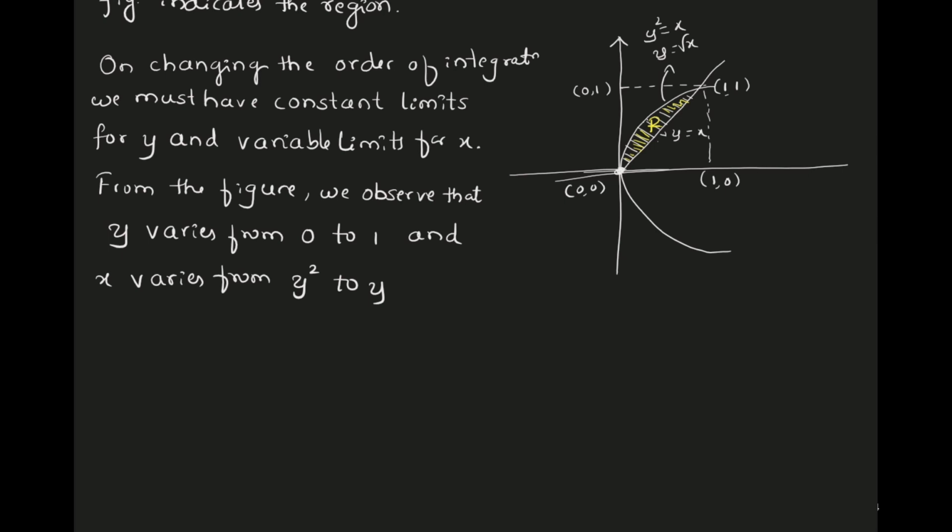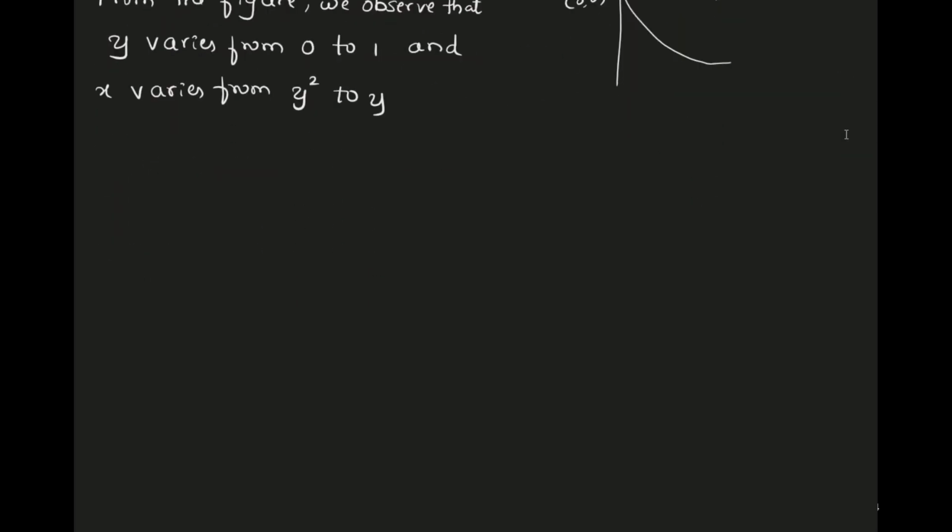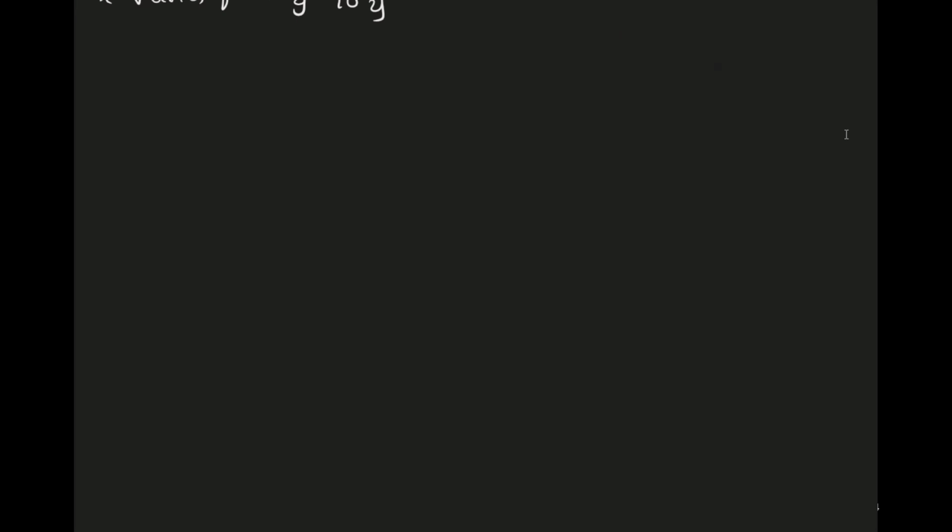For your region, the boundary region, when you change the order, what happens then? x equal to y square and x equal to y. Now they become left and right. When you consider it for y, it is the upper and lower region. Is it the lower region, is it the upper region? When you consider it with respect to x, now it is the left and right region, right part. Okay. Then now you have got the orders for x and y. You have changed it. So, thus